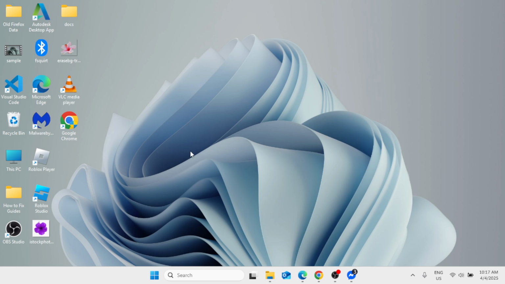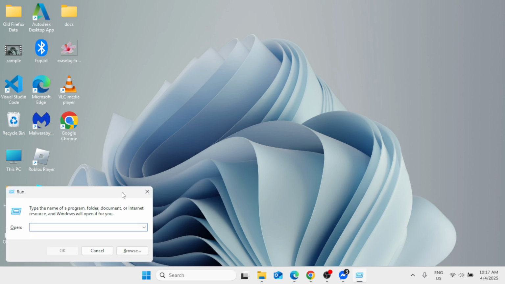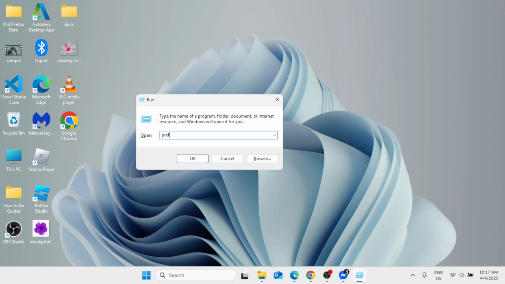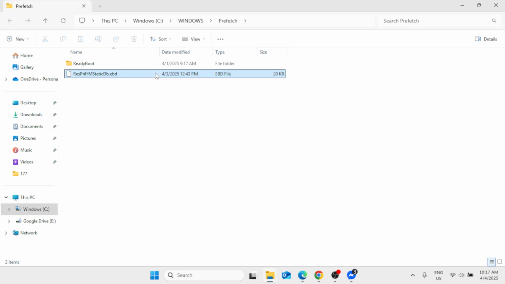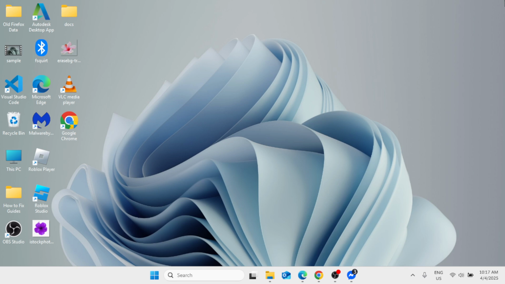Then again, press the Windows key and the letter R button together. This time you need to type prefetch. Click on OK. And then delete everything from here too. Close this. Then for the next method, you have to right-click at the Start button and